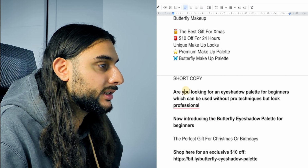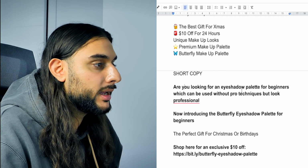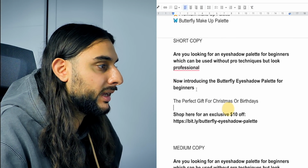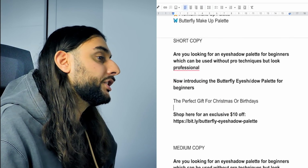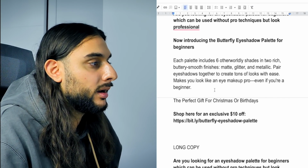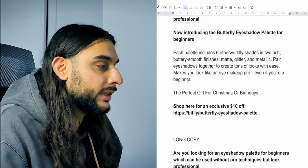Then you guys can see as the actual ad copy says, are you looking for an eye shadow palette for beginners which can be used without pro techniques but look professional? Then it says here, now introducing the butterfly eyeshadow palette for beginners, the perfect gift for Christmas or birthdays, the same thing again. Now the medium one does the exact same thing again, but this time it talks about the